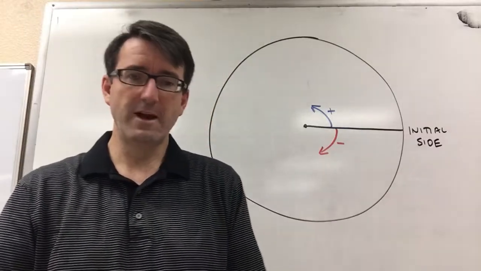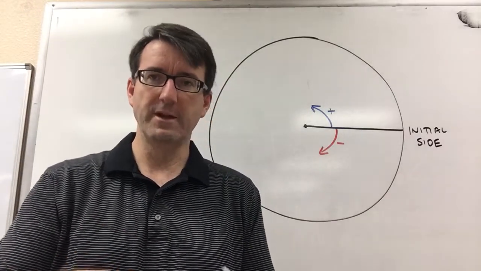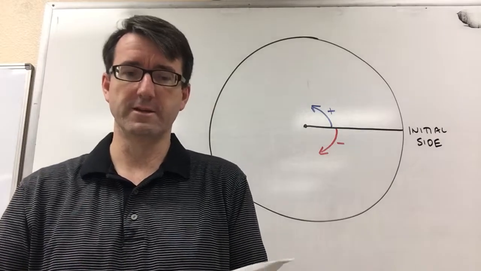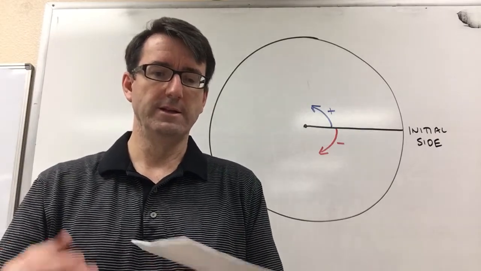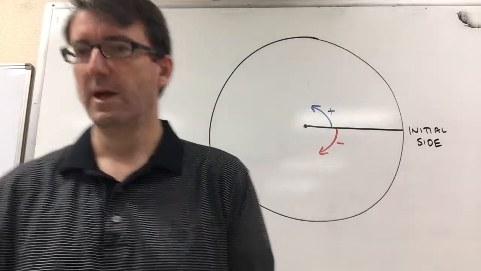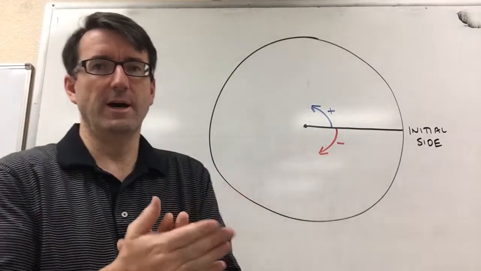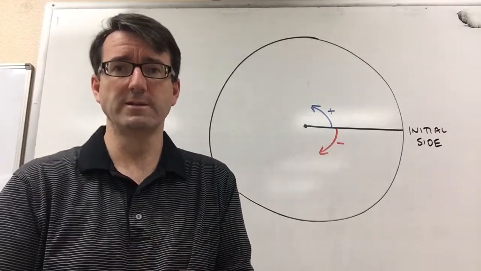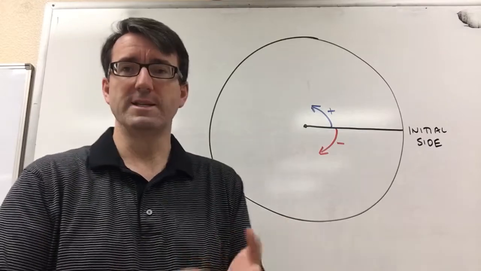Number 2, identify all coterminal angles between negative 360 degrees and positive 360 degrees for the angle negative 420 degrees. All right, so first let's talk about what we mean by coterminal angles and what we mean by positive and